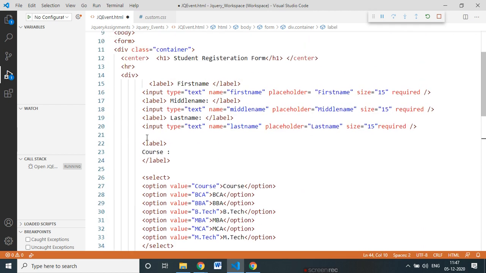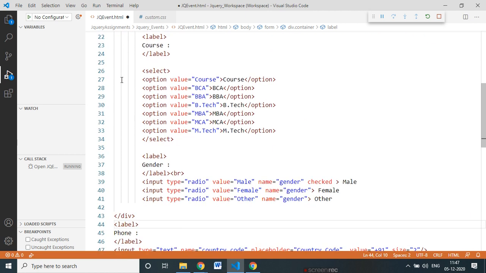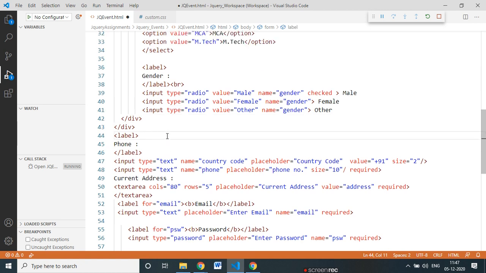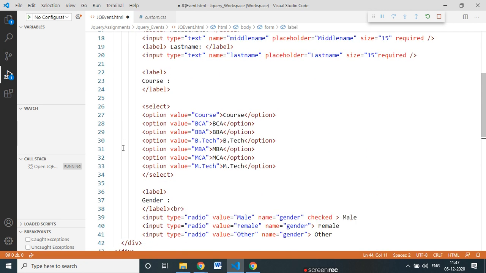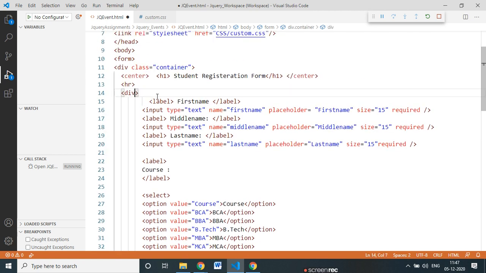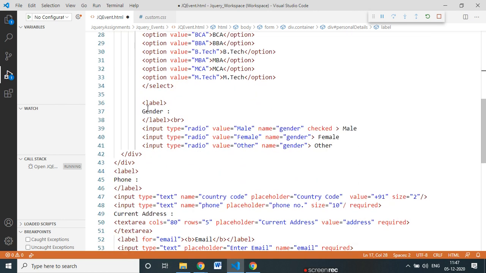So this div, I think one more div will be required here. Now see, this div maps with this div, and internally this is my whole section. I will put the id for this div as an identifier, say personal details. Personal details div is there, and in the personal details I will add.